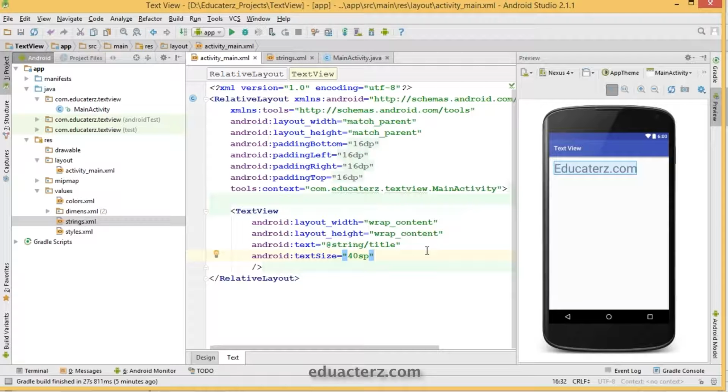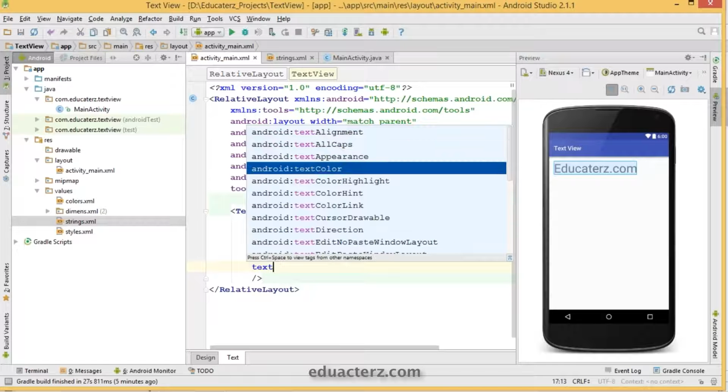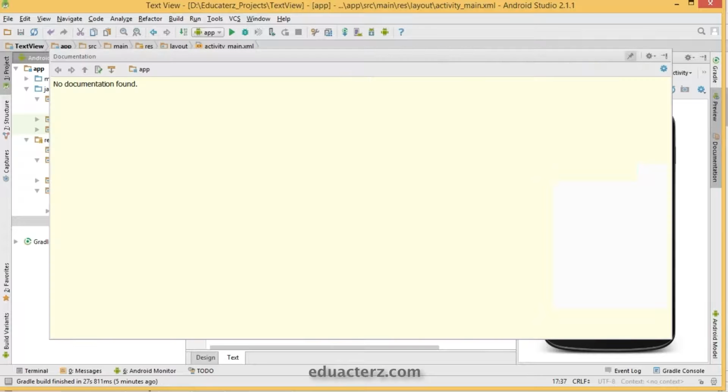And the next attribute which we discussed is text all caps, or maybe first let's go with changing the color of the text. As usual, to change the text color, go to the text color attribute. There are possibilities like a reference file in the strings.xml or values directory, which we are going to refer to for the color. Or else you can take the default Android available options.